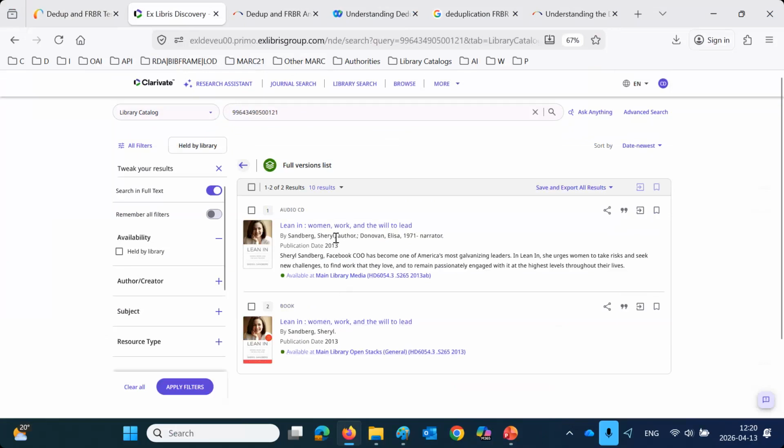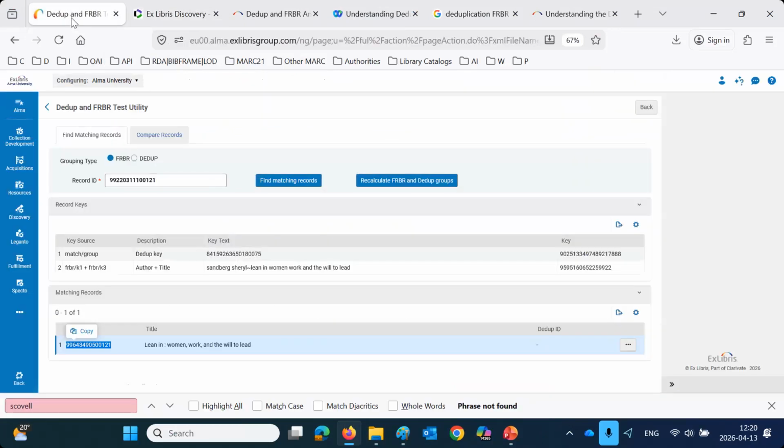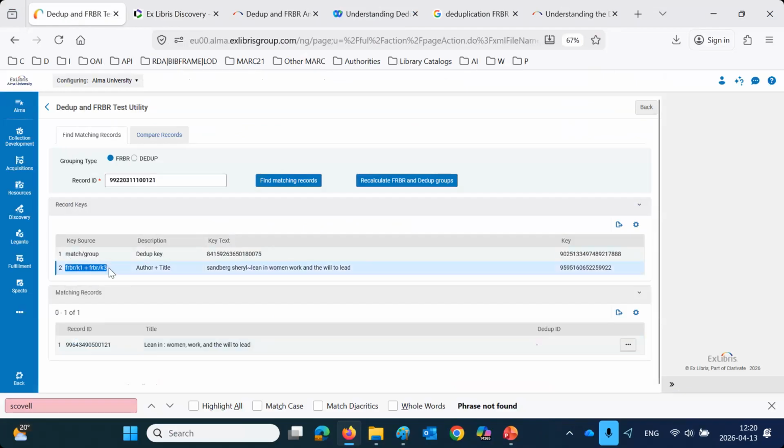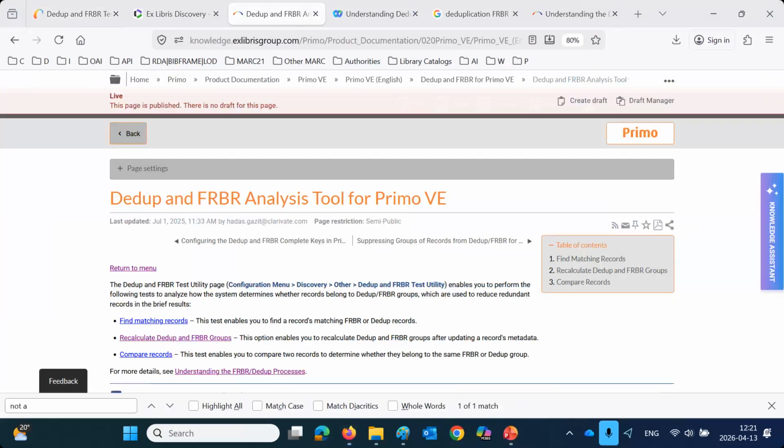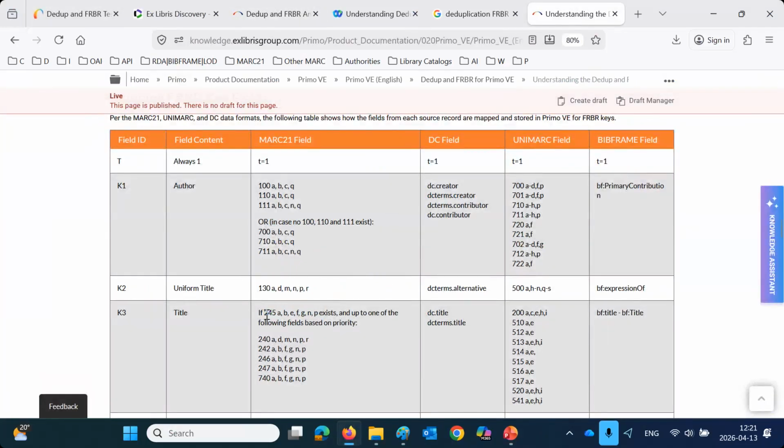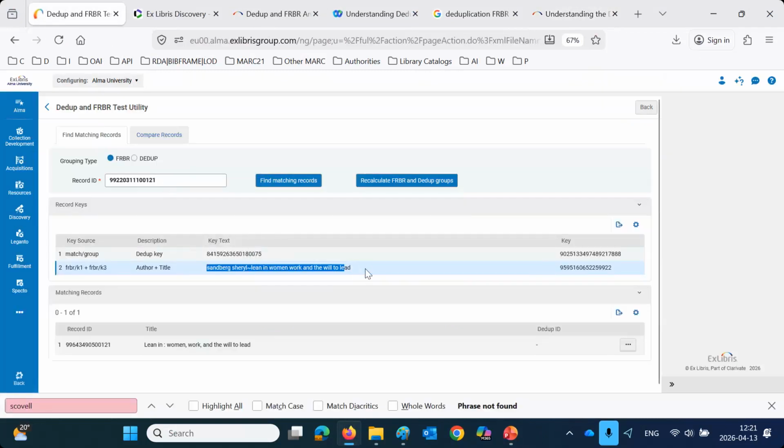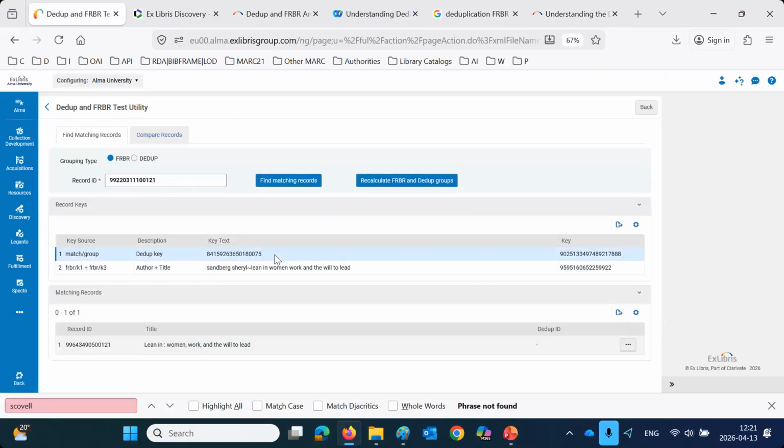We know there's two of them here. I could also go more in depth. By the way, you see here, very nice. It's showing us the K1, K3 that we saw before, which is the author title, and it's bringing us those fields and subfields. This Sheryl Sandberg, Lean In: Women, Work, and the Will to Lead, it built by taking the fields here, which is the 245 A, B, E, F, G, N, and P, and then the 100 A, B, C, and Q. And it built these two here, and it converts it, by the way, to a numerical value,